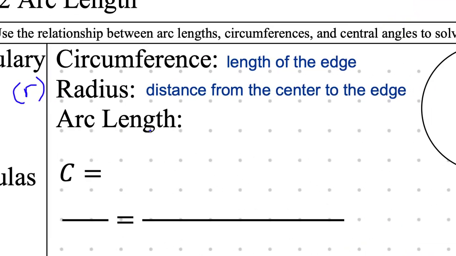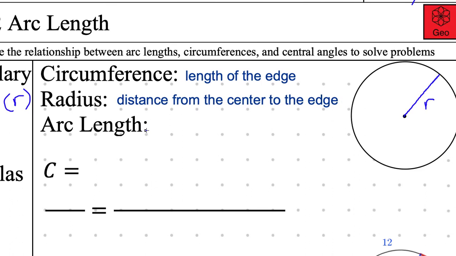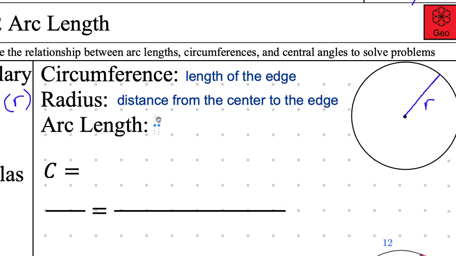Let's zoom in a little bit. Okay, arc length, the thing that we're talking about. Notice that's the title of today's lesson. What is the arc length? I need you to use the word circumference in here. So it's not the whole circumference. Anyone want to take a stab at it? Gunner again. Isn't it like a part of the circumference? Part of the circumference. I'll type it verbatim. Sounds good. Yep. Arc length.